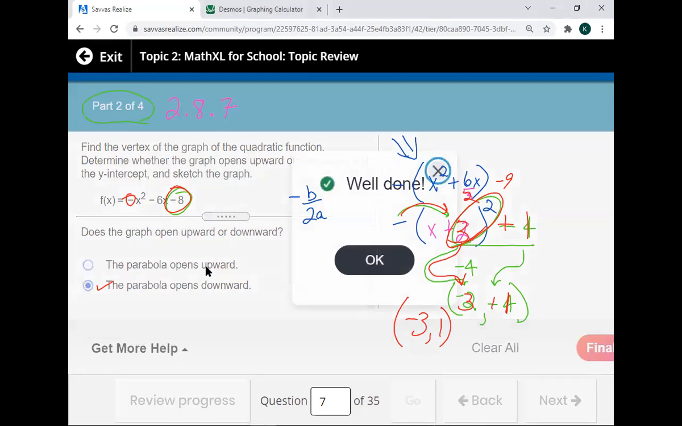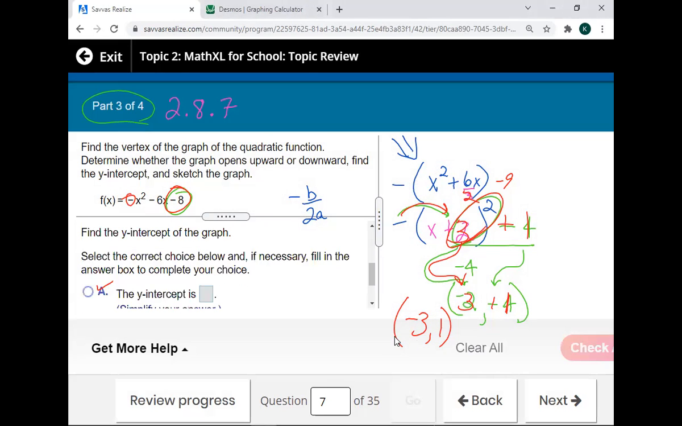All right, and the next part of the question after that, find the y-intercept. And y-intercept is when x is 0. So whenever you're doing a y-intercept